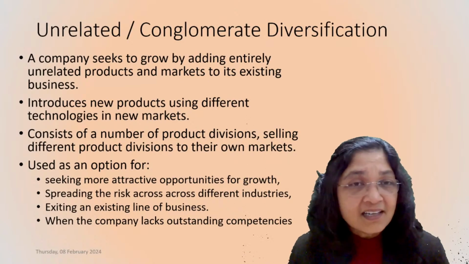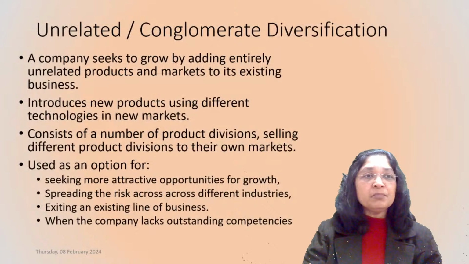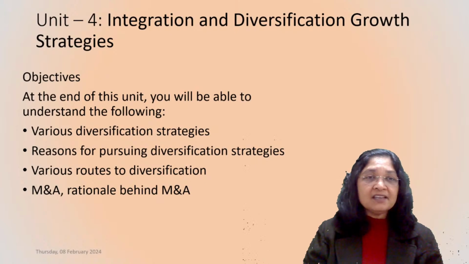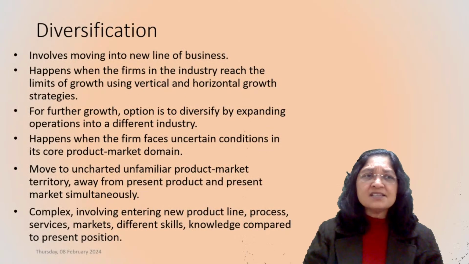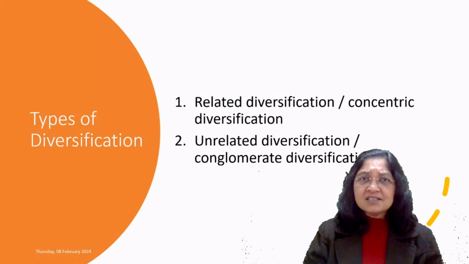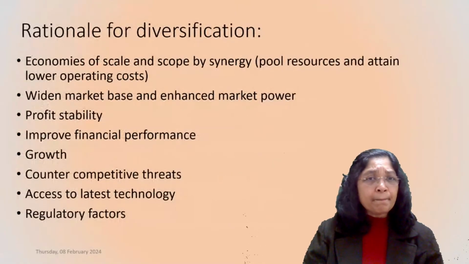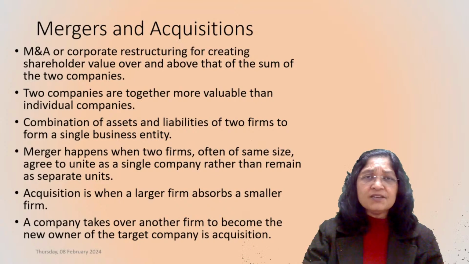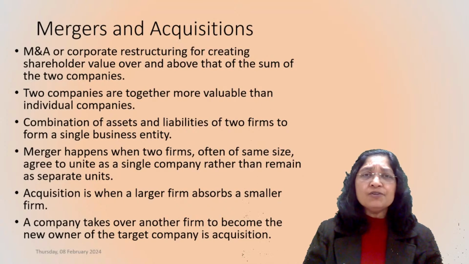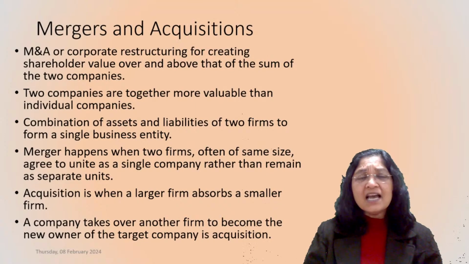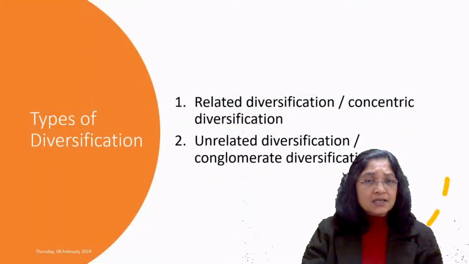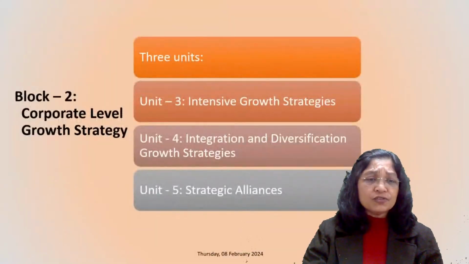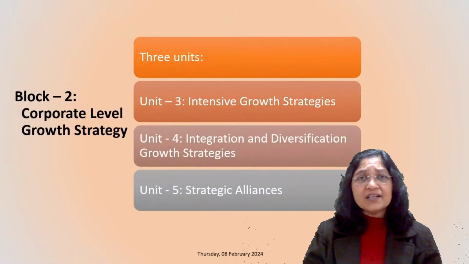Okay, well, as I said, we will not be able to complete the fourth unit today. We tried to understand diversification. We have tried to discuss the types of diversification, and now in the next session we will try to see why diversification is required. We will try to have a better understanding of mergers and acquisitions, and then we'll move on to studying the fifth unit, that is the strategic alliances.